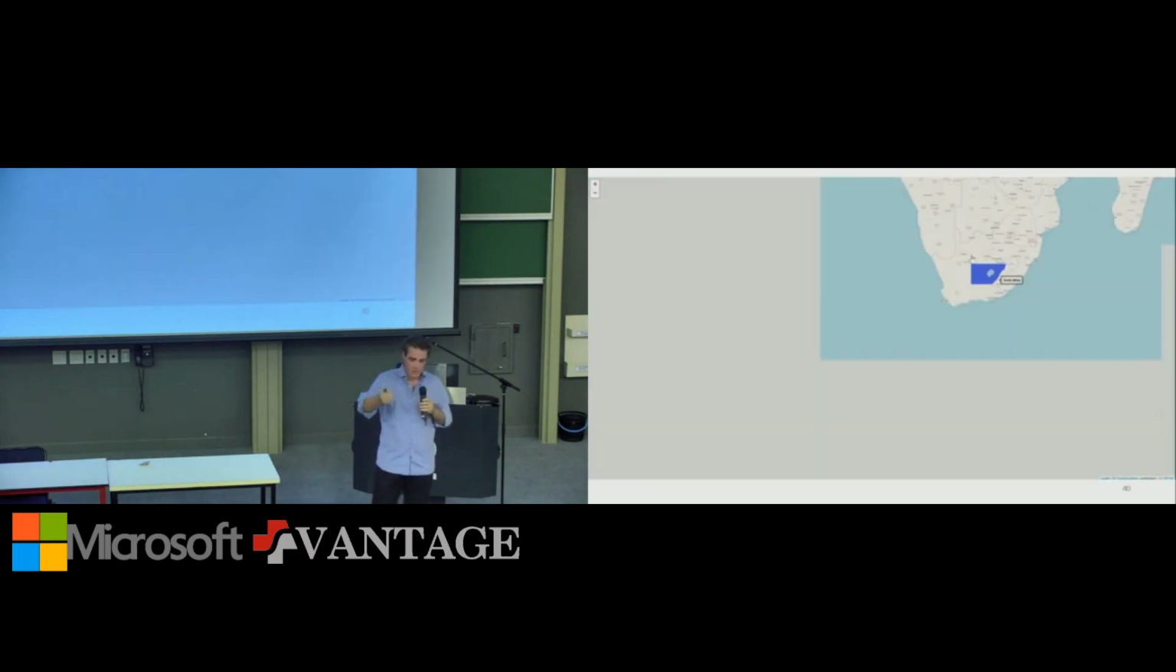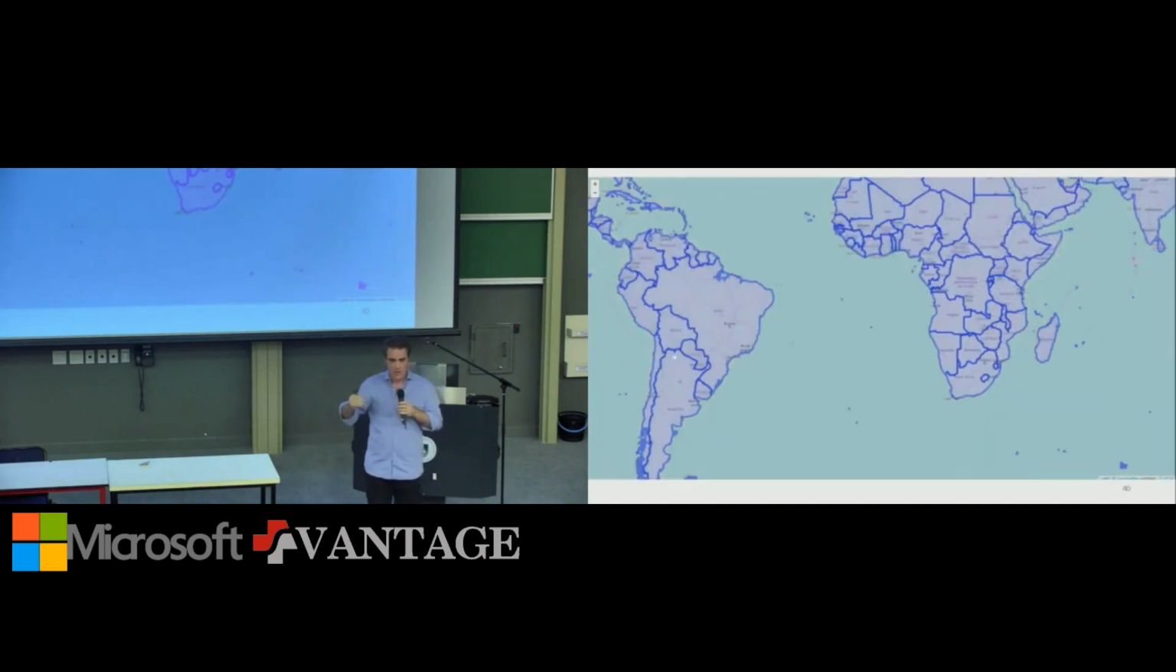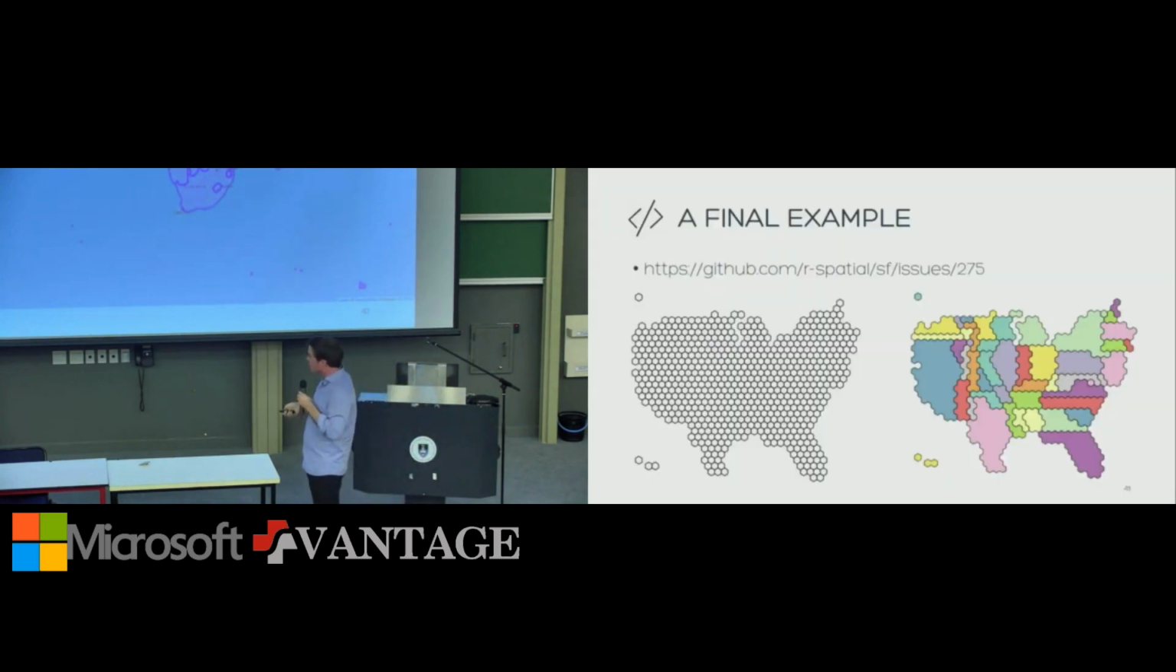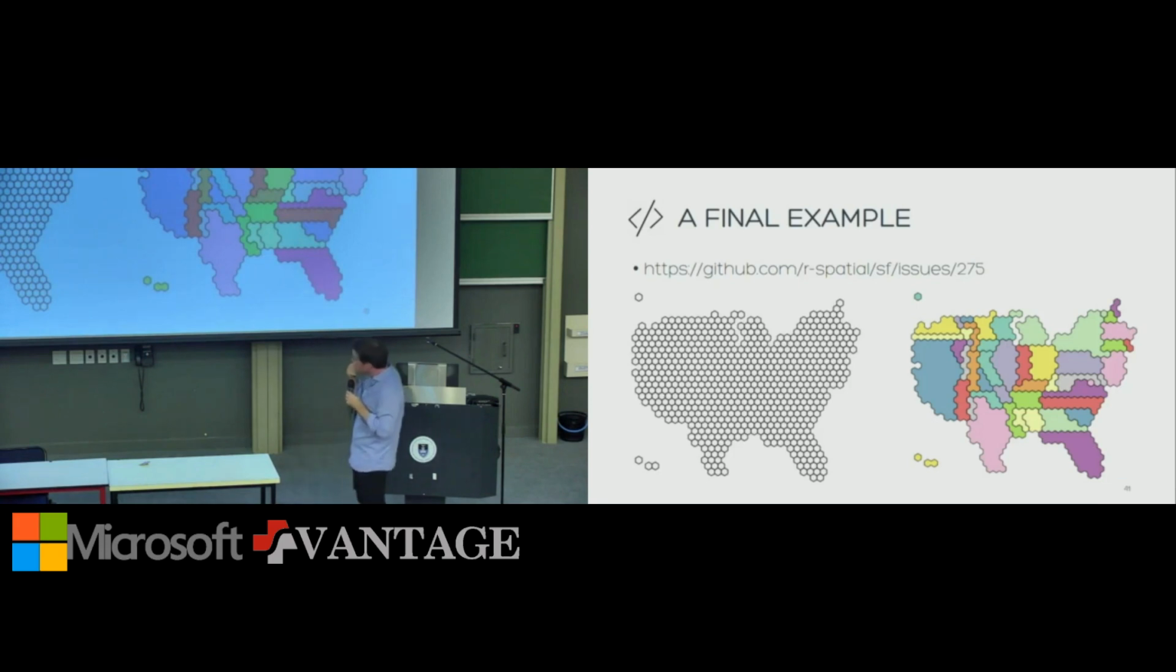We've got SF works with base R, ggplot, and Leaflet. Basically, any of the major packages all support the SF format. This is why I say you're not going to be wasting your time. As a last example,